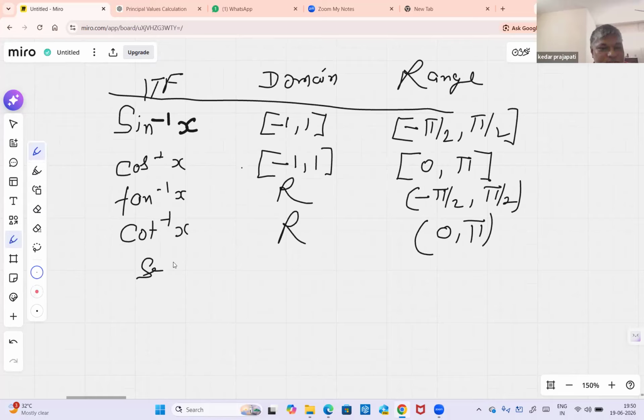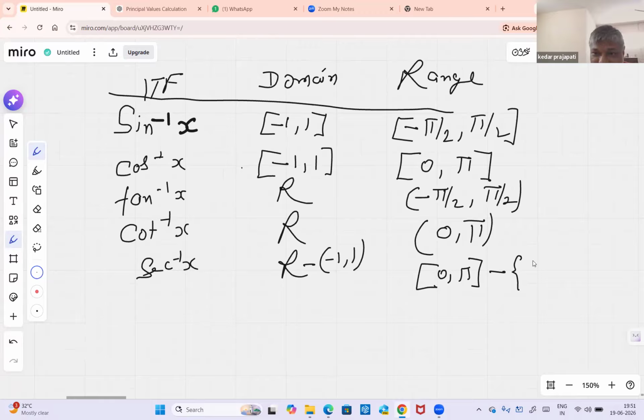Sec inverse x will be R minus, where -1 to 1 is excluded. All real numbers except -1 and 1. So this range will be